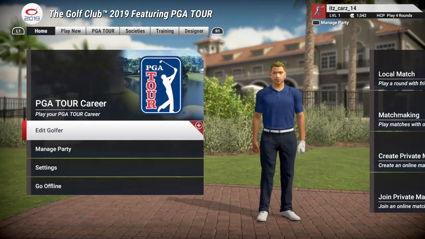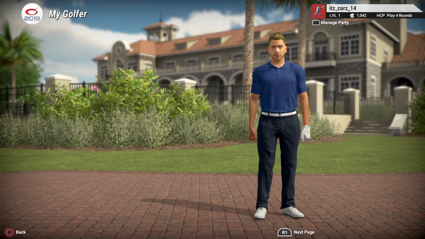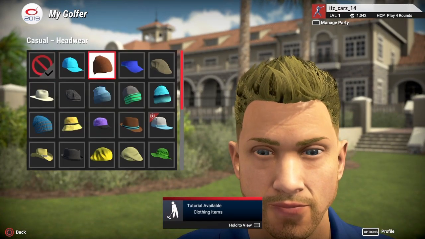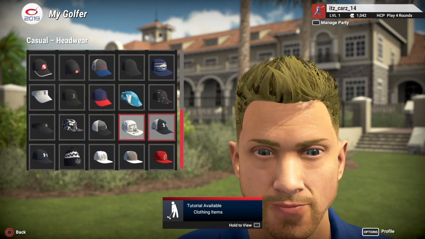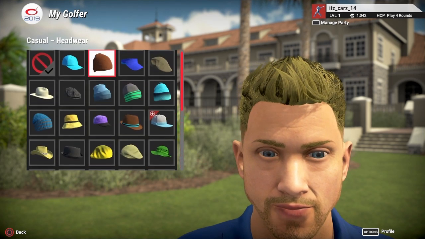Man. So if we go here to edit golfer, is it like clothing? Let's start with hats. They are unlocked. Okay, so I think what I'm going to do, I'm going to change up some of these off camera, and